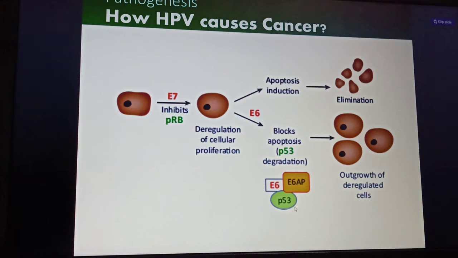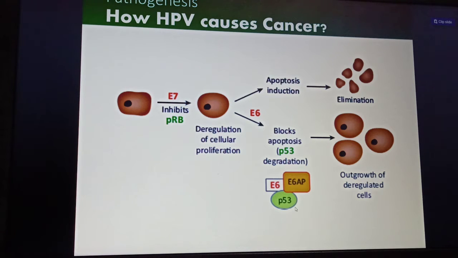Whenever the human papilloma virus enters, it infects the cell structure. It is involved at the cell surface and causes deregulation of cellular proliferation, meaning multiplication. Normally one cell grows, dies, and is regenerated. Here this regeneration process is disturbed, and one cell forms 2, then 4, then 8, and so on. The normal process does not happen. There is no death of the cell, only growth of the cell. That is the deregulation of cellular proliferation.